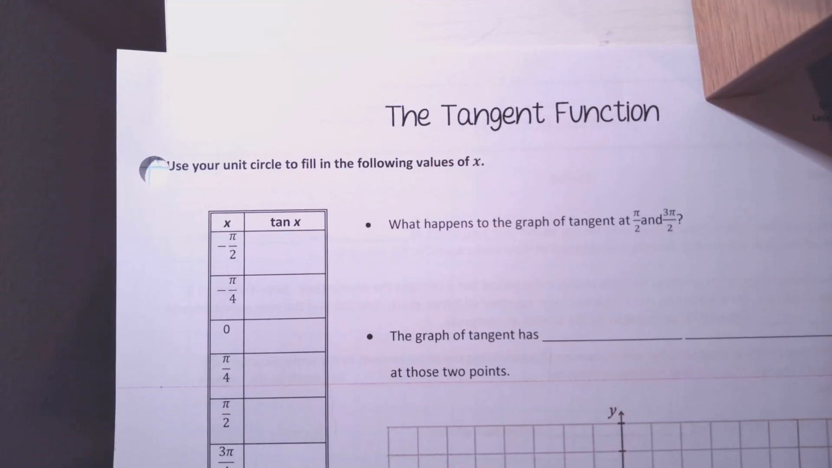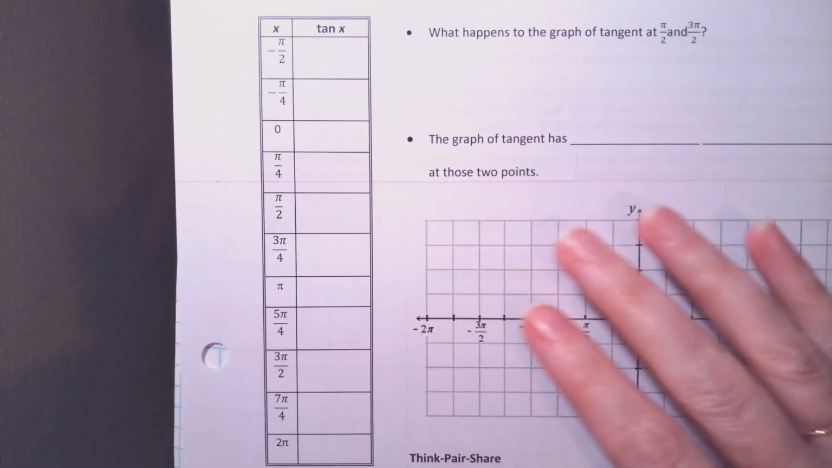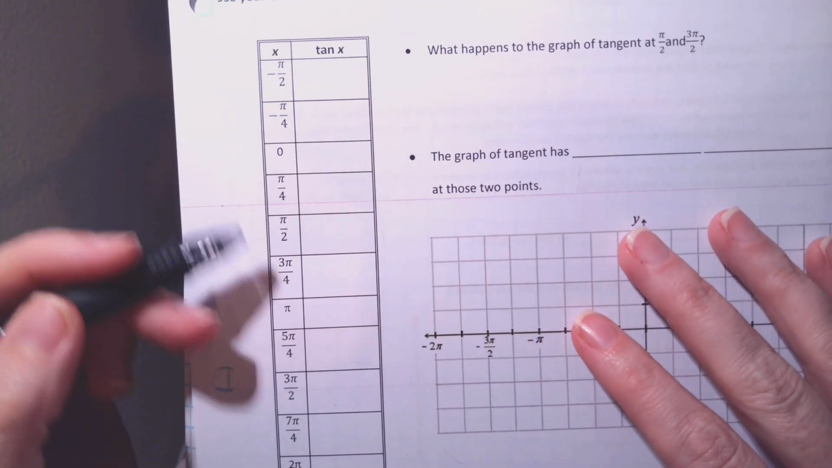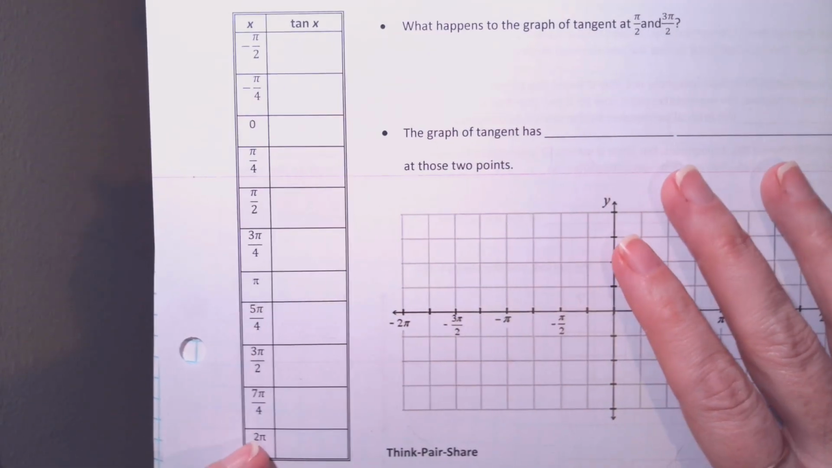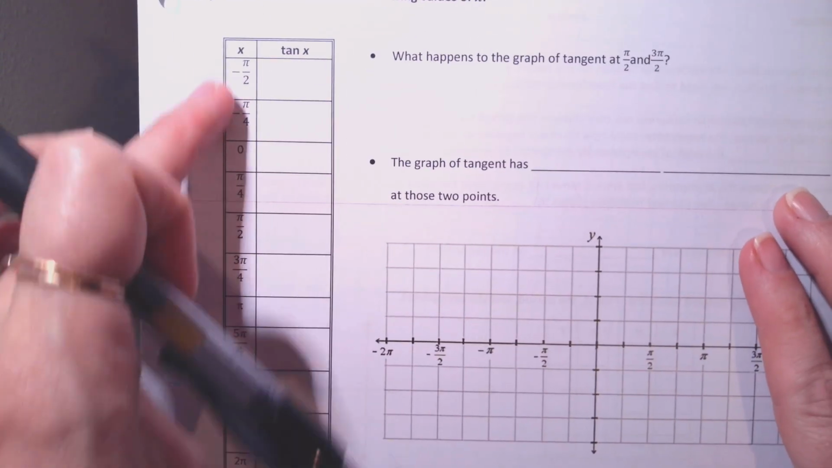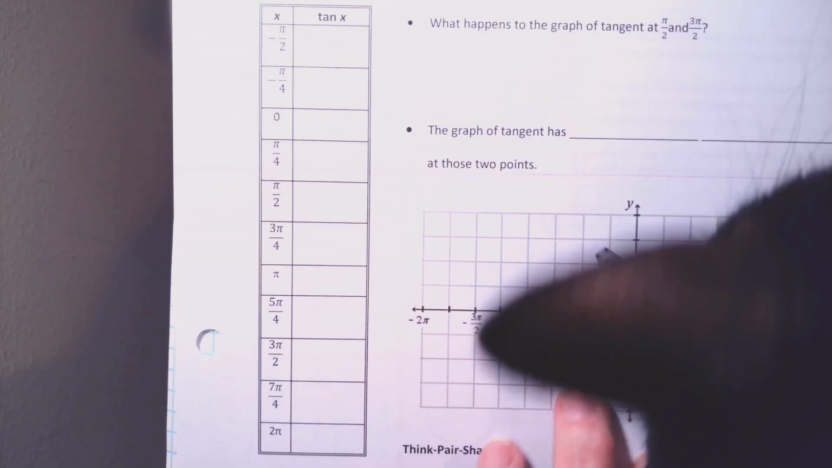So first thing I'm going to have us do is just use our unit circle to fill in the following values. Notice I'm doing some different angles than normal. Normally for the sine and cosine we did just from 0 to 2 pi. I'm actually going to have us do from negative pi over 2 all the way to 2 pi using our